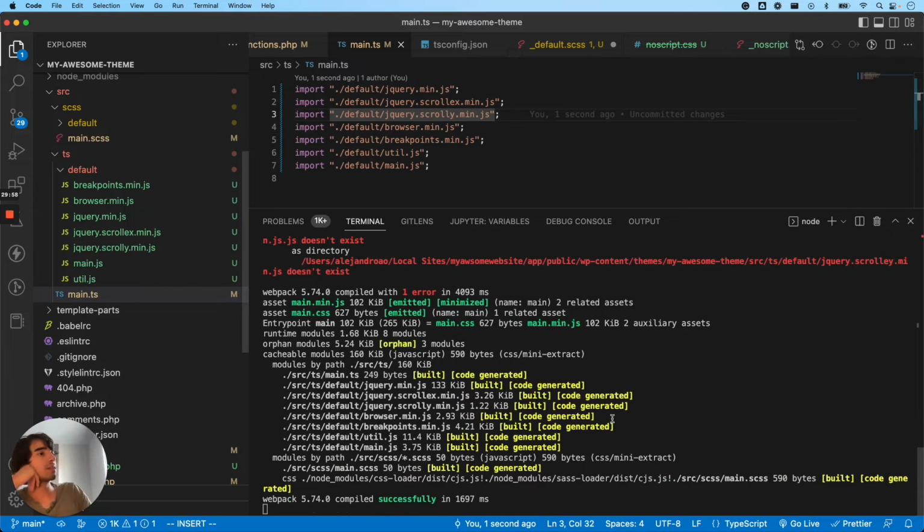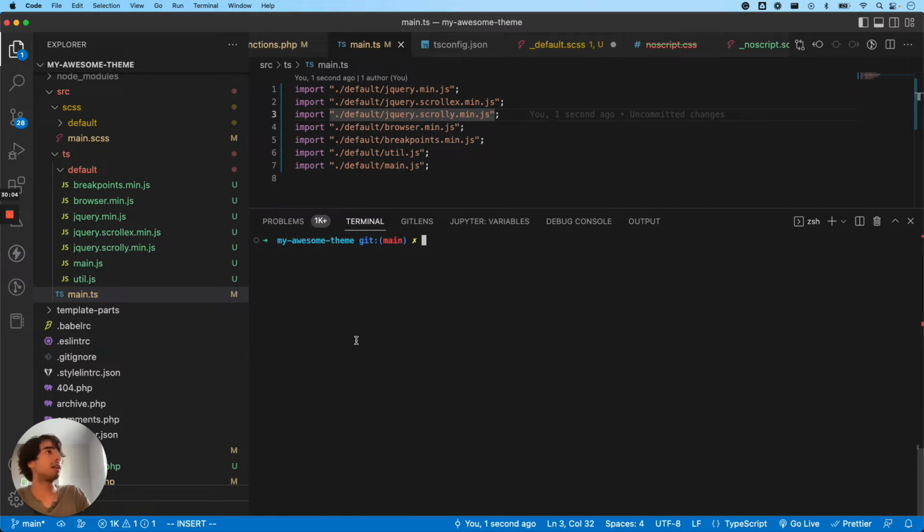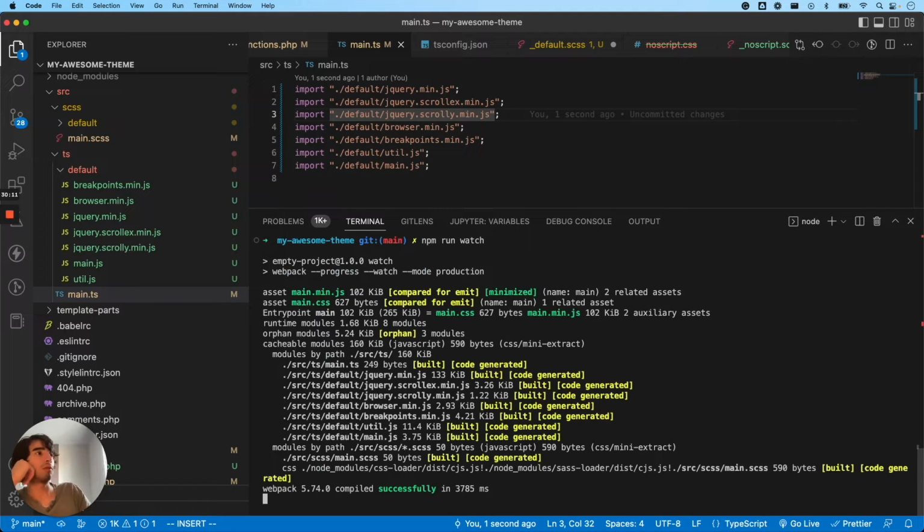Let's see if that runs. And apparently it actually worked. Pretty good. Alright, let me just clear this up, and let's see if it works again. npm run watch. It's just so beautiful when things work the first time. Good. All right, so we have this,